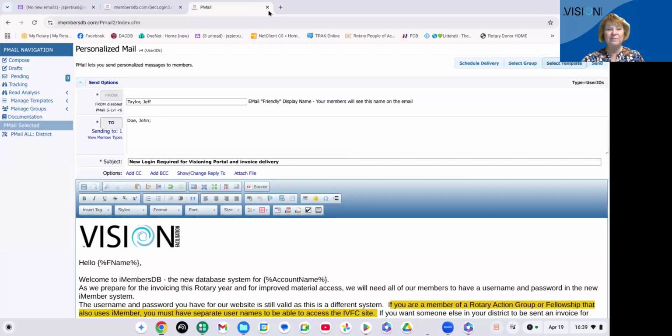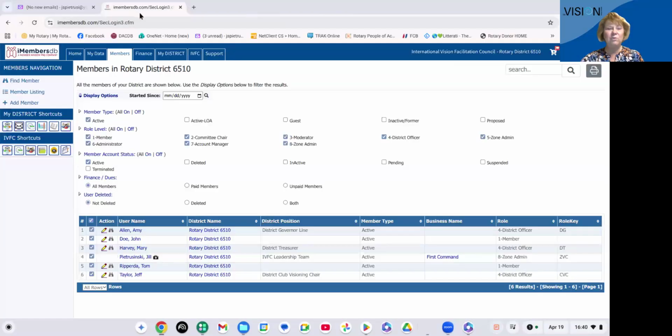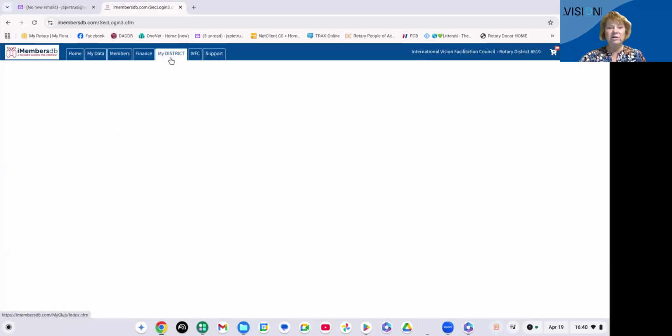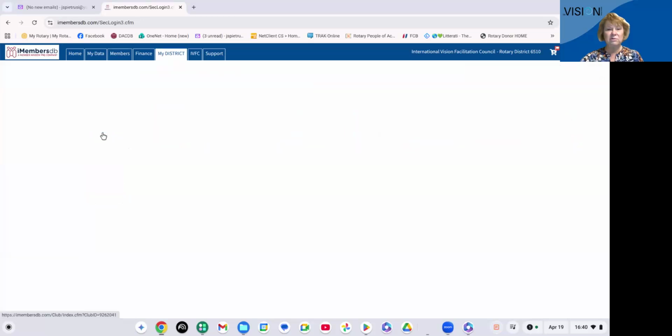Now, one other step. If you wanted your member, and I'm going to leave this because I don't want to send this email, if you wanted your member to serve in a particular role, then there is one additional step. If you want to add someone into, for instance, a facilitator role or a leadership role, and you wanted to set them up separately, all you do is go into, you'll see I'm in my district, and under my district members,